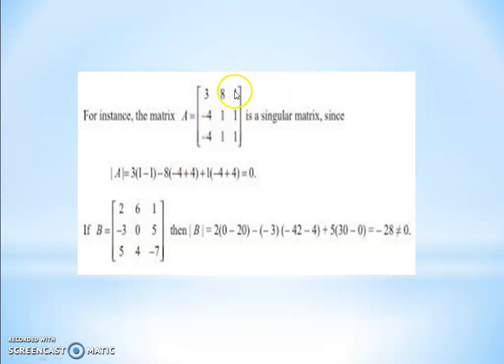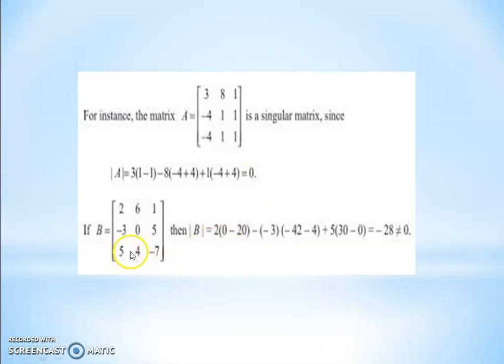Next, we skip the first row, second column. Minus 4 into 1 is minus 4. The middle is minus, but minus 4 into 1 is minus 4, and minus minus becomes plus 4. Now first row, last column, but 1 remains outside the bracket. So we skip the first row, last column. What is remaining? Minus 4 into 1 is minus 4. Minus 4, minus 4 into 1, again it is plus 4. So minus minus is plus 4. So 1 minus 1 is 0, and 0 into anything is 0. 4 plus 4 gives 0, and 0 into anything is 0. Plus 4 minus 4 plus 4 is 1 into 1. It is always 0. So the final answer is 0. So the given matrix is a singular matrix.